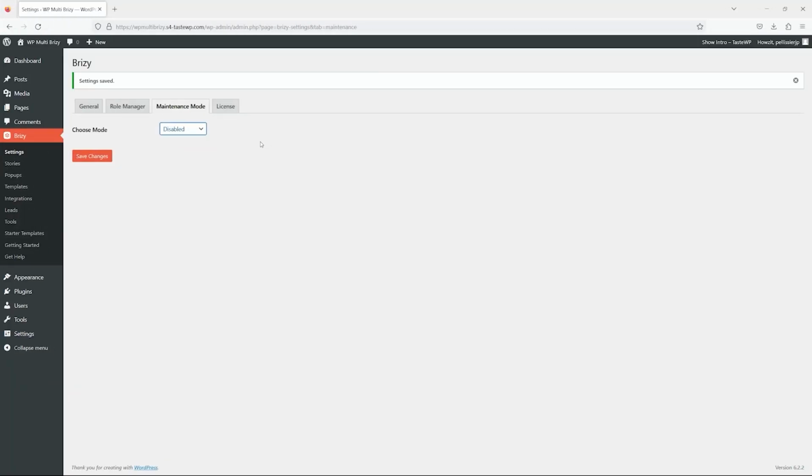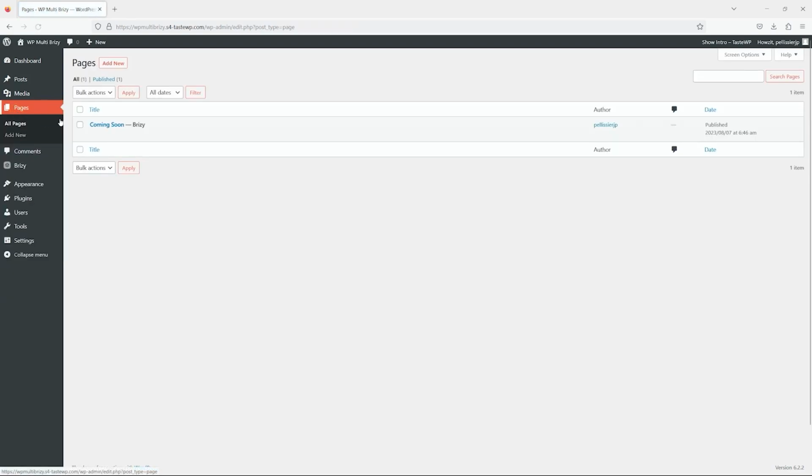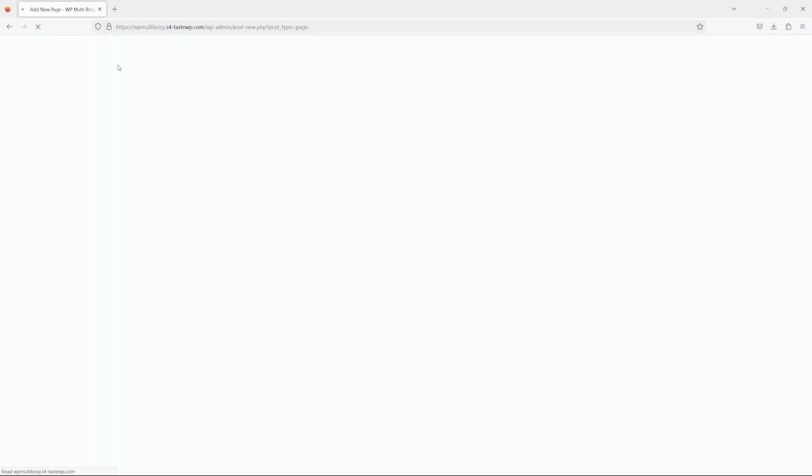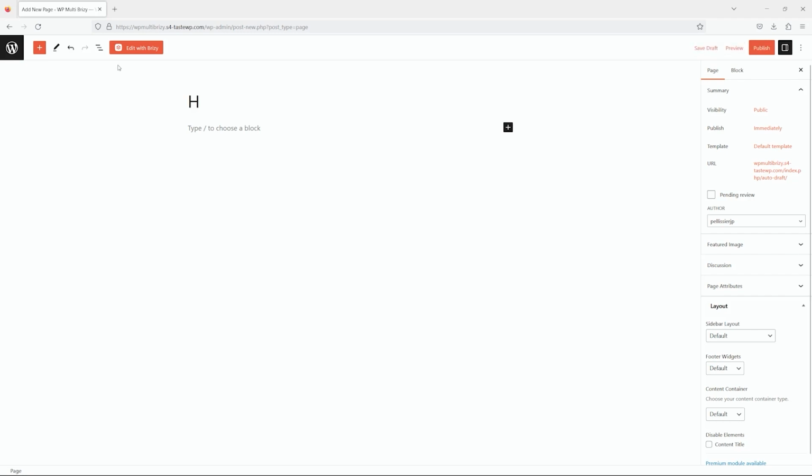Multi-pages or page creation. In this chapter, I'm going to show you how to do that. And that's a WordPress function, and then what we do with the steps to get it into Brizy. I'll be building out today a standard 5-page website. So we go to our pages, and currently we have one page, and that is the coming soon page that we have created. I'll click on add new, and the first page that I'm going to create is my home